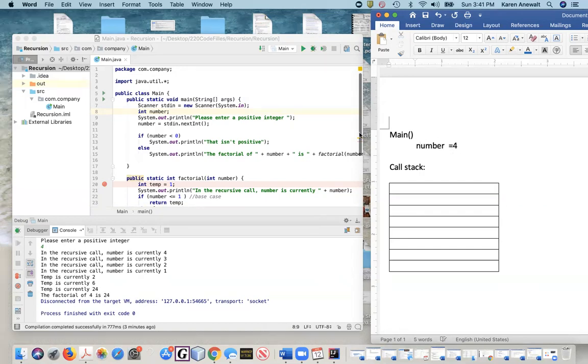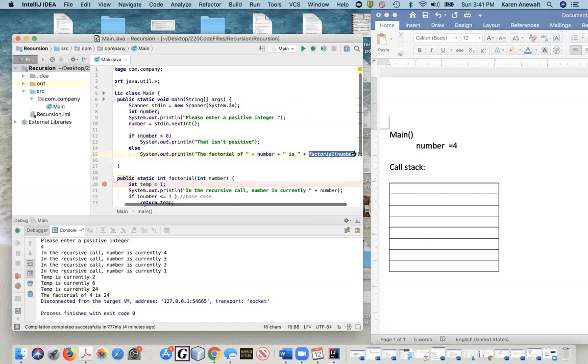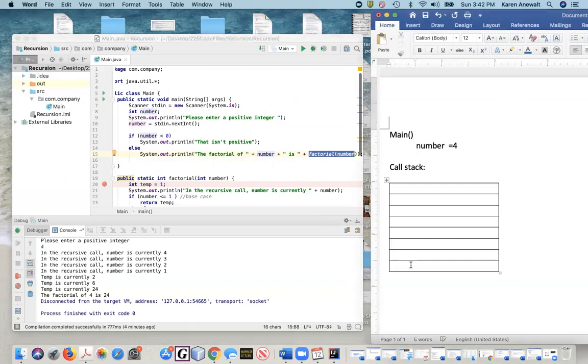4. And then we finally get to the method call where we print out the factorial of 4 is, and then we call factorial of 4. And so the first thing that's going to happen is we're going to include this factorial with the argument 4 into our call stack trace. Factorial 4, and that's just going to drop all the way down to the bottom because that's the first of